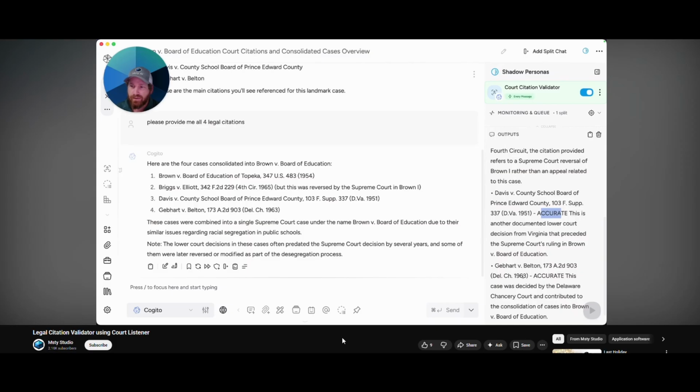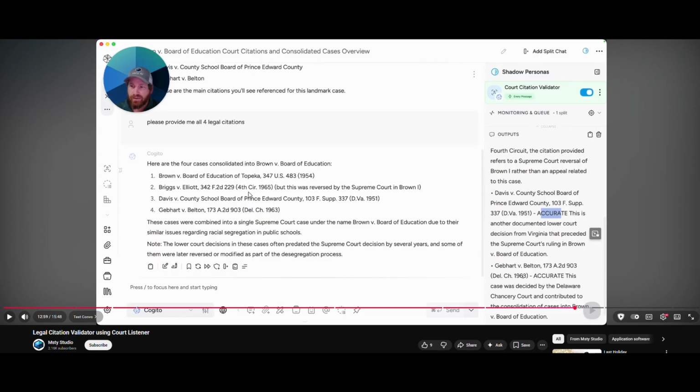Therefore, we would expect that all of the cases that got combined into a subsequent case existed at that time, meaning that they were decided before the case which is supposed to consolidate them. And if you look at this list of cases, chronologically, it really struggles with that basic concept. So Brown v. Board of Education, 1954.